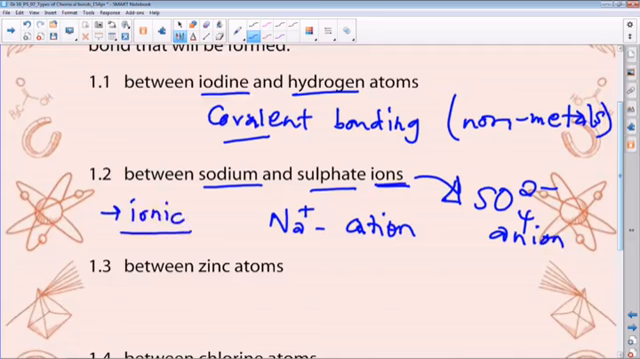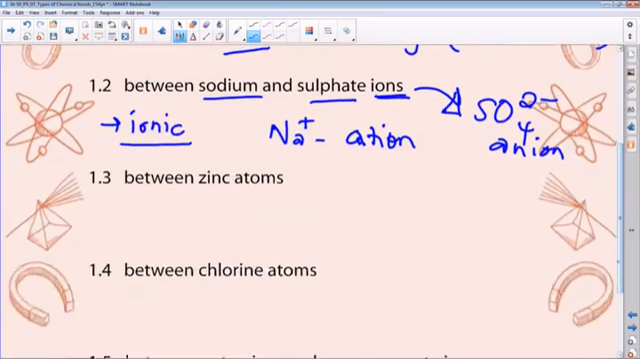Right, let's look at number 3. Zinc is a transition metal. So between metals of zinc, this is a transition metal, hence between atoms of the same kind, what would happen is that we would have our metallic type of bonding, where the zinc atoms become the nuclei, and then the